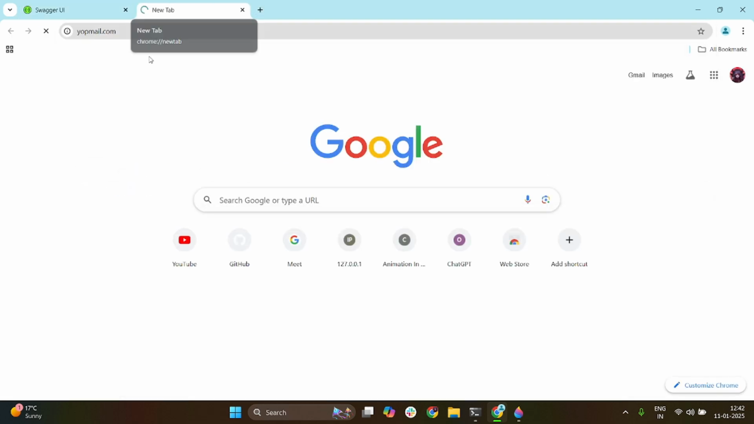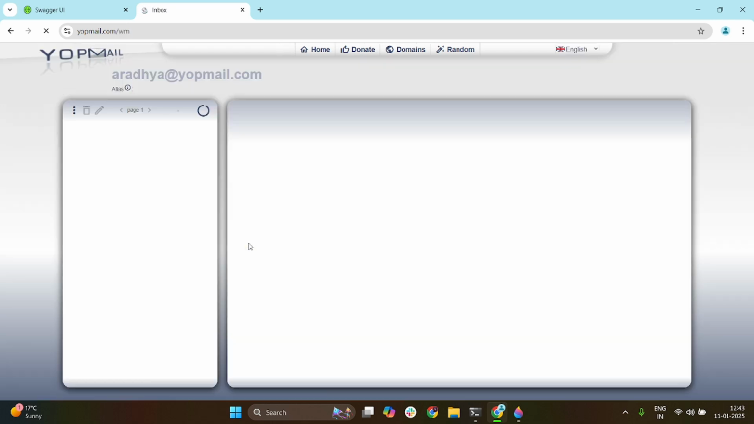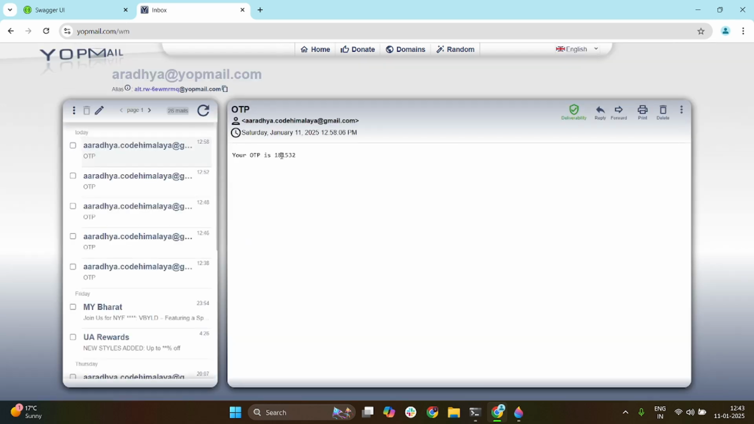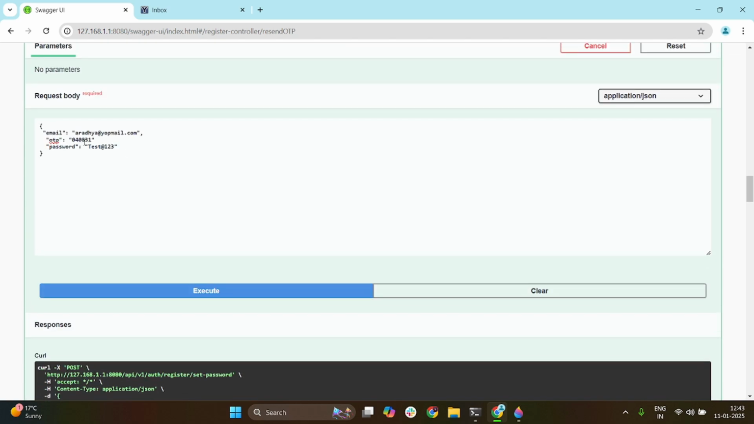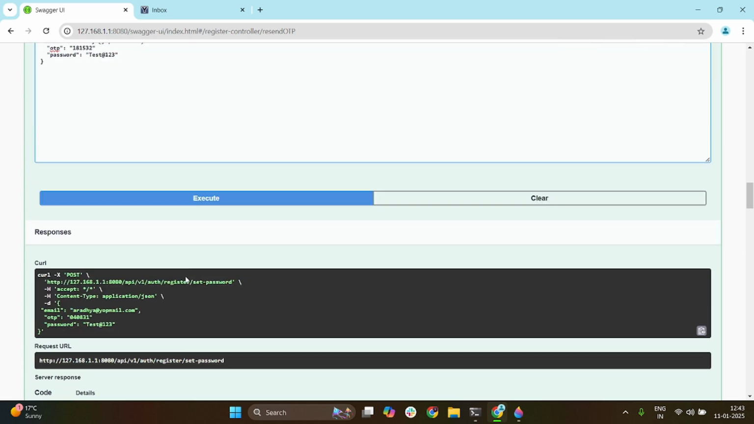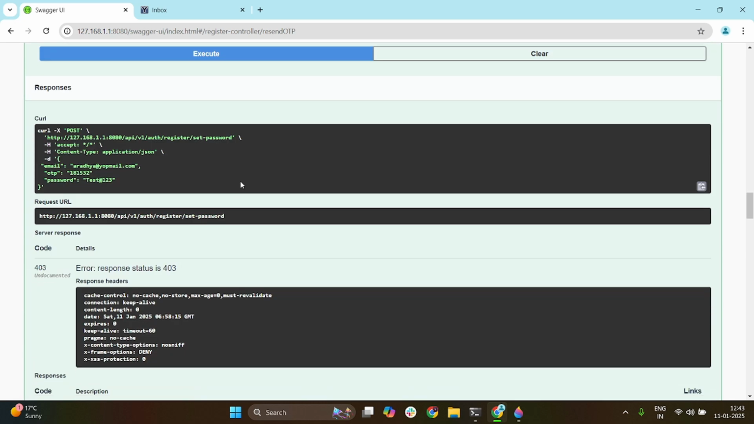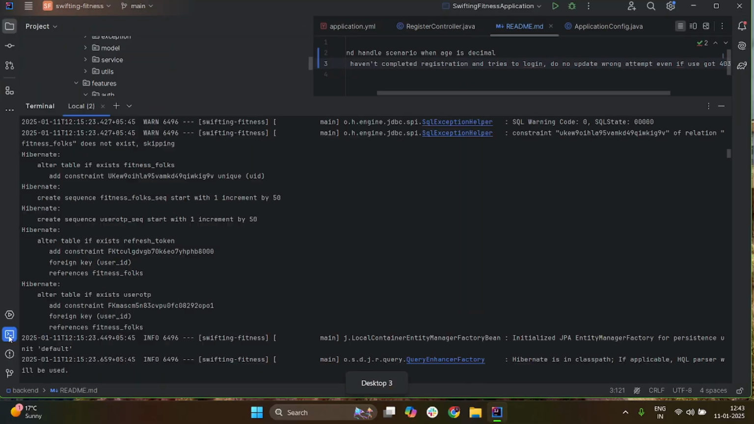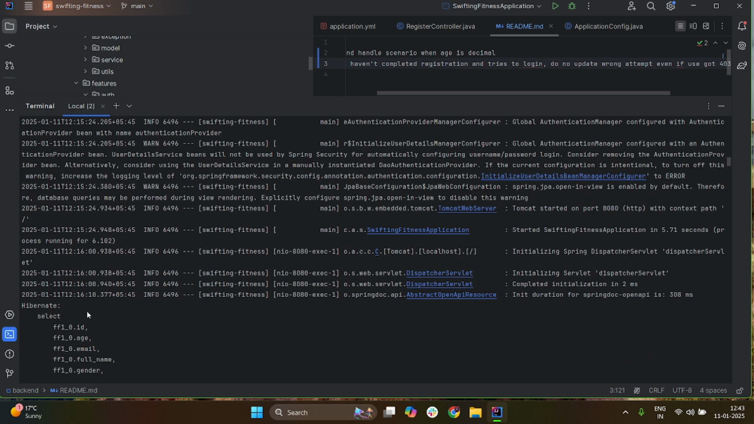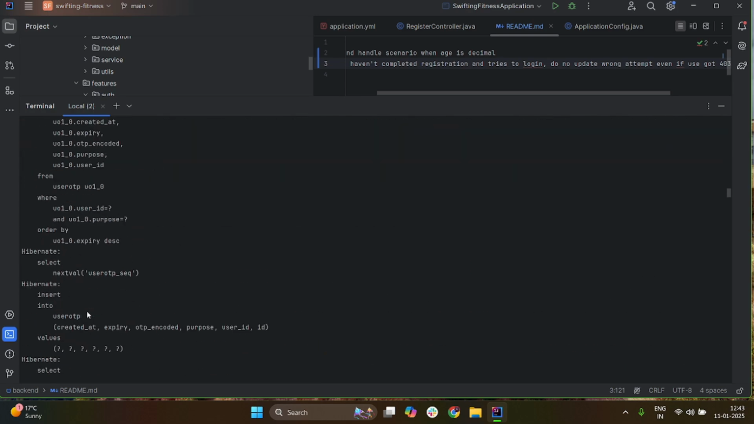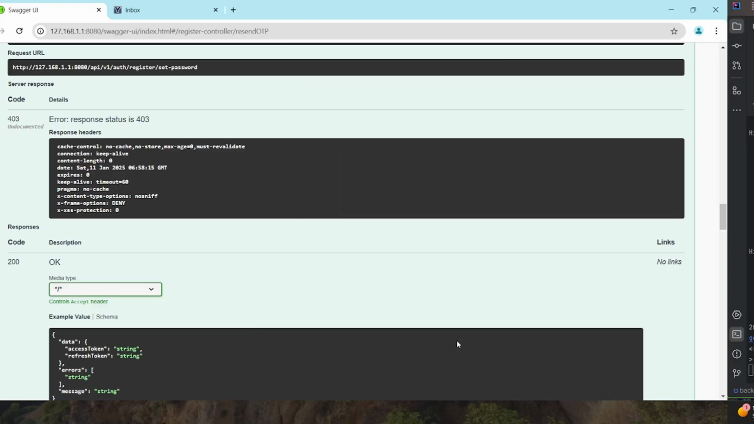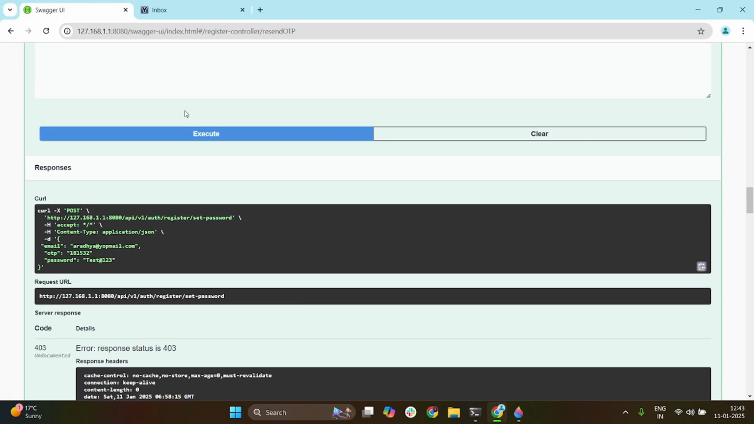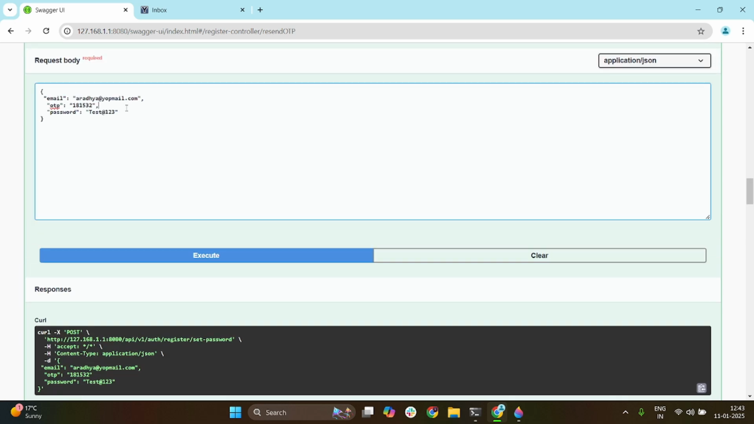Email sent successfully. The message is also not, it must be "OTP sent successfully". Set password and I will execute it. There is some error coming here. Let's see the response. Okay, so the error is 403, but the error is due to I forgot a comma in this